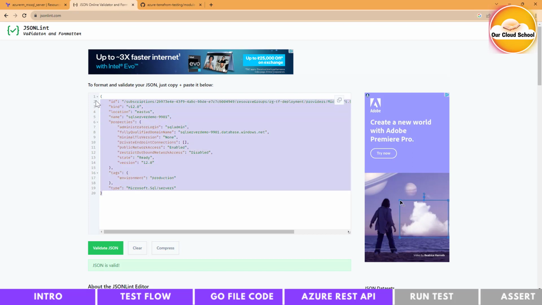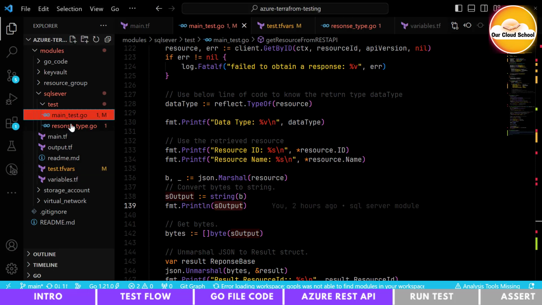So this is going to be your output, and in your output you would have, let's say, ID, location, kind, name, and then property which is of type object, which will have these many attributes, and then tags and output. Having the idea of this JSON, I can define the structure of my class. So now if you look at this JSON which has been returned by the SQL, I can generate or define